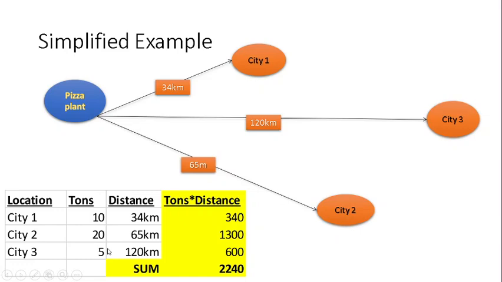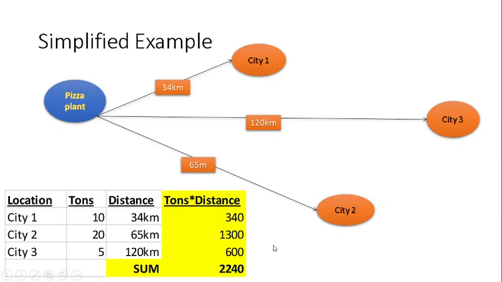So one approach is to identify one number, one metric, which is the weighted delivery, which is the tons weighted by the distance. If I multiply the tons by the distance for each row here, I get those numbers. So 10 times 34 gives 340 and so on. So I get a metric here, the total, which is